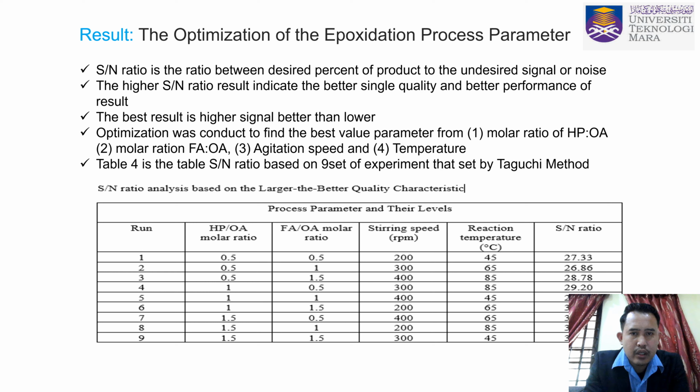Optimization was conducted to find the best parameter values, first for the HPOA, second for the FAOA, third for the agitation speed and reaction temperature. So this is the SN ratio that we have run based on 9 experiments. As we can see from the table,